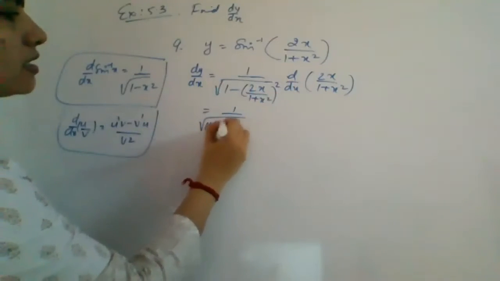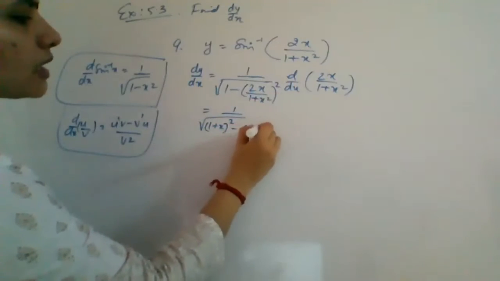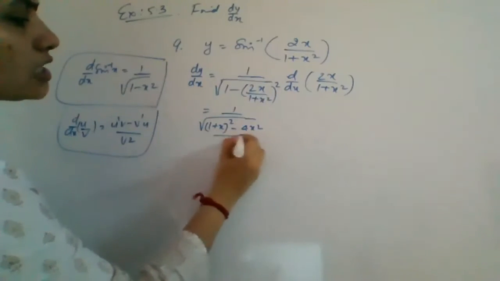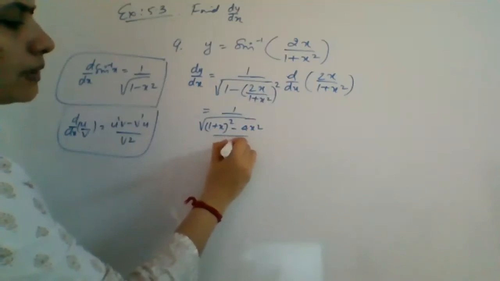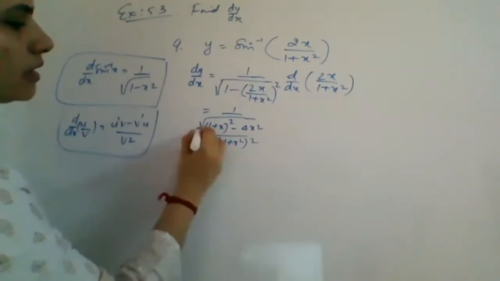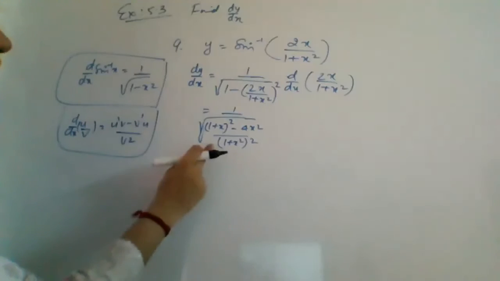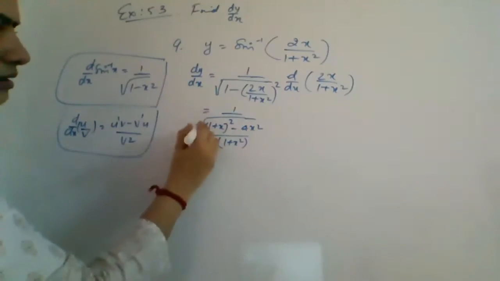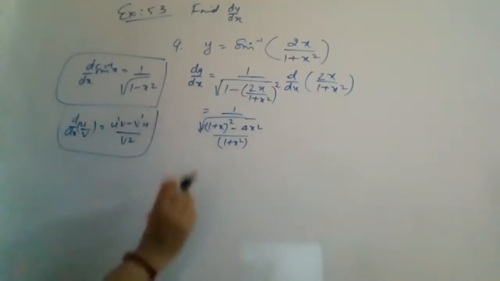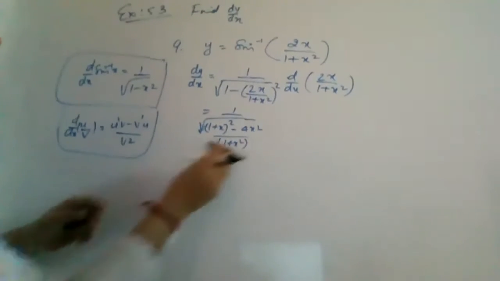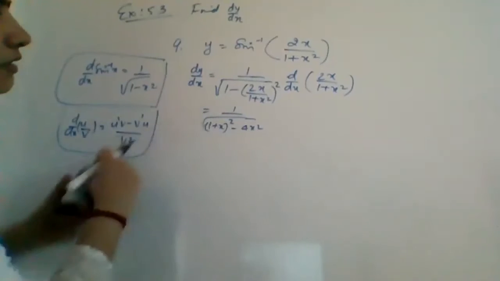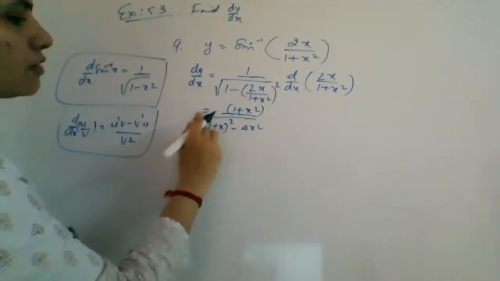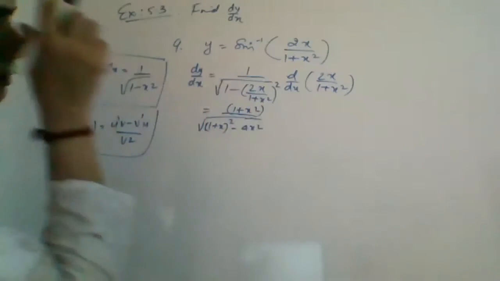1 plus x the whole square minus, this is becoming 4x, 2x the whole square is 4x square, and divided by, you have 1 plus x square the whole square, but it is inside the root. If I take out the root, it will give me like this, right? And this will go to the upper part. Shall I write till that? So this will give me a form 1 plus x square divided by root of this term. That is clear?